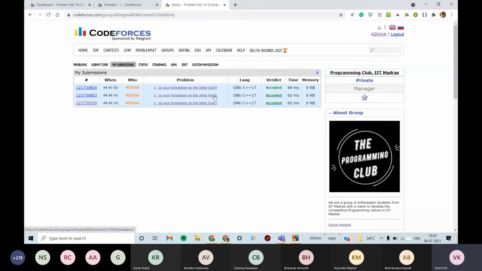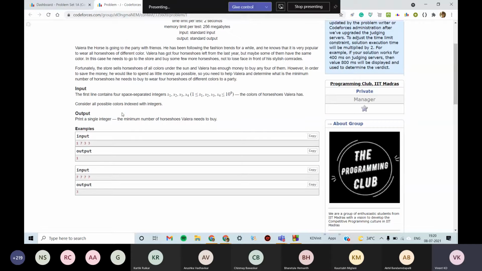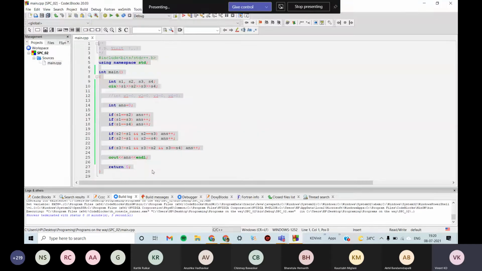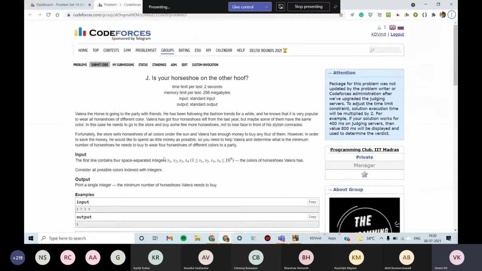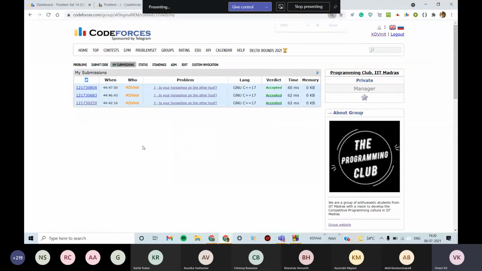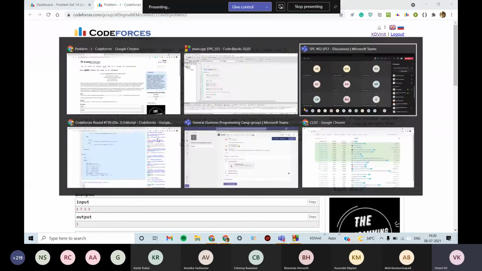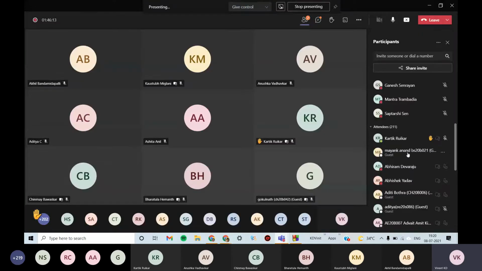You would have to write so many conditions that it would not only make writing difficult, but also cause time complexity errors. So that's why the visited thing is more helpful. But for this particular problem, if you just need to do it with if else, this way is actually a much better way to understand the problem. As you can see, the problem got accepted, so it's not an issue. Thank you, Karthik, for showing us the wrong way and the right way as well. Does anyone have any further suggestions, queries, or anything you want to ask?